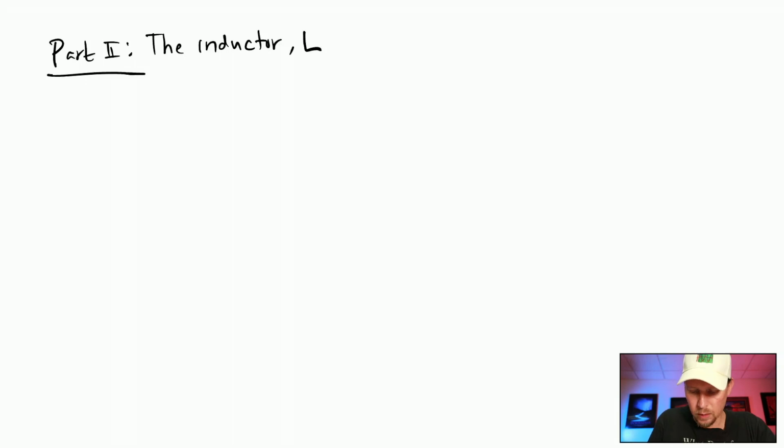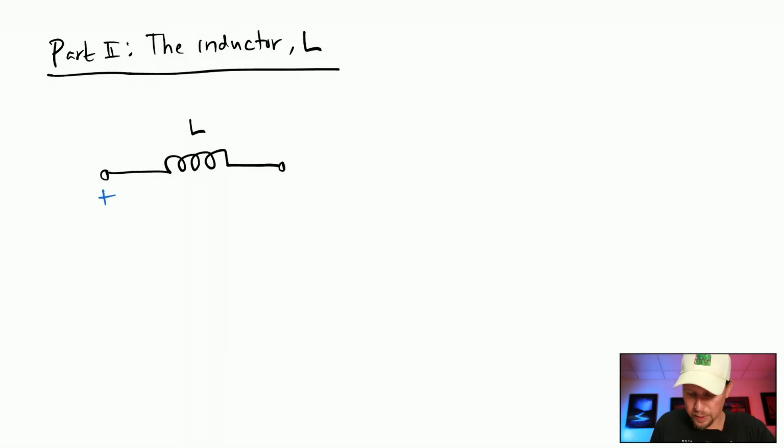So suppose that we start with an inductor like this. It's characterized by an inductance L. And further suppose that we place a voltage across the terminals. We know that there's going to be a current which changes as a function of time going from the positive terminal down to the negative, like so. And the IV characteristics, the relationship between the voltage and the current,